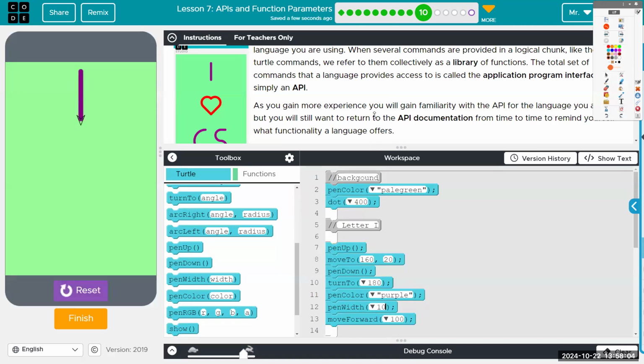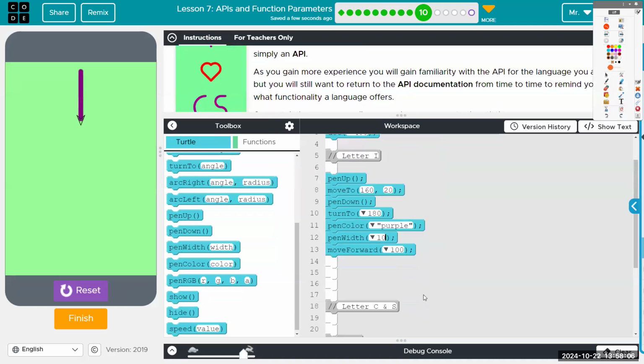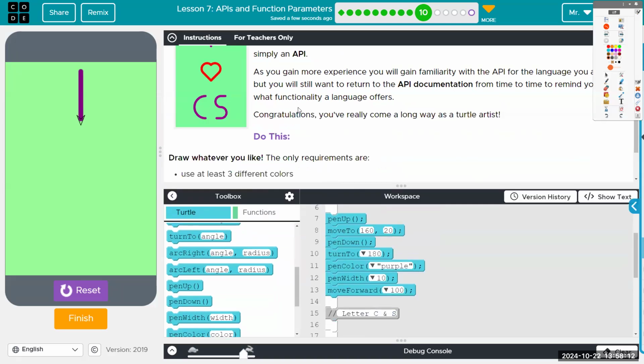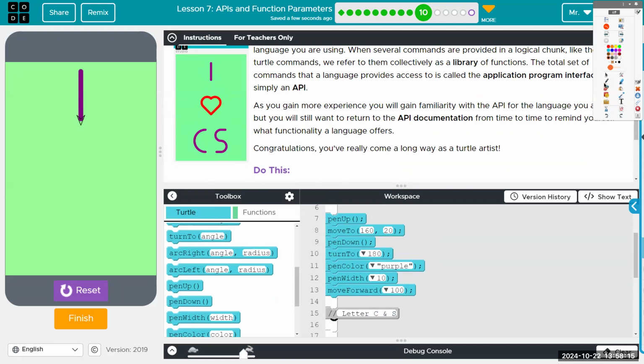Fine. Okay, and we'll do the C and the S next, just because we already have the pen purple, and that's fine. I guess it doesn't save us that much. Okay, so for the C, I'm going to make it to this point, point west, and then do an arc right. For the S, I'm going to make it to this point and do 2 arcs, an arc left and